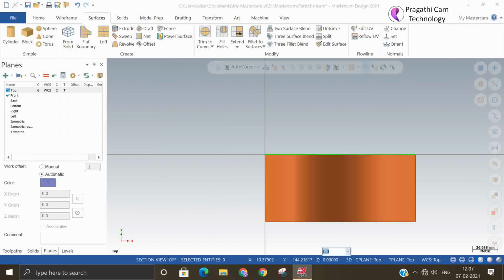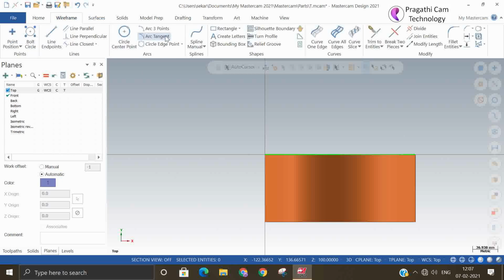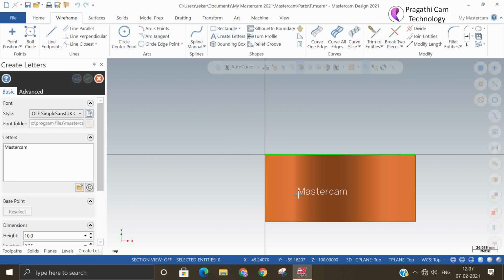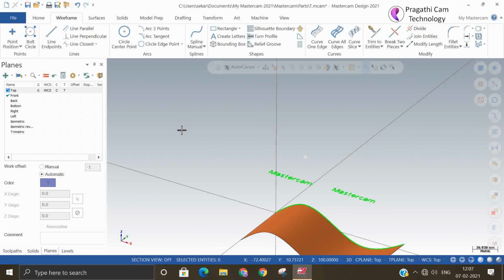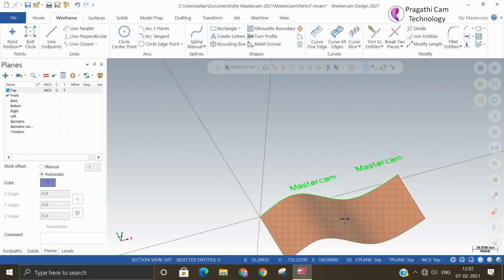So suppose you want to project something on this surface. So I'll shift my Z to 100 mm. Wireframe I'll go again to the letter, and the same Mastercam I just want to project over the surface. Okay, so if you see, it is written in the 100 mm height, and that I am going to project over the surface.